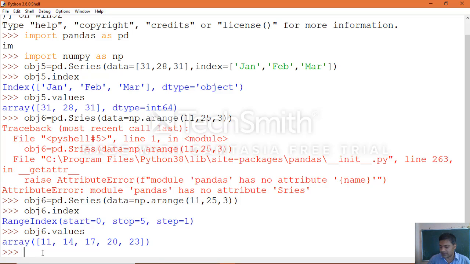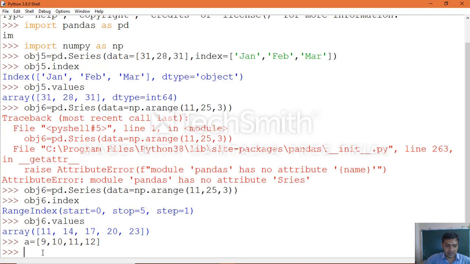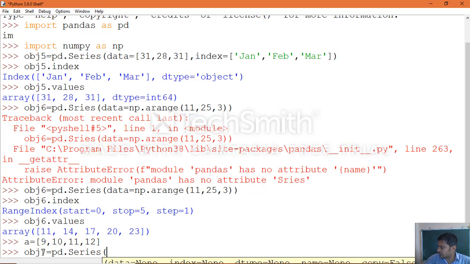Same way we will take one more example. a equal to an array of data like 9, 10, 11, 12. Now we will pass this array as the index as well as the data while creating an object. obj7 equal to pd.Series of data equal to, index equal to a, that array we are passing as the index.